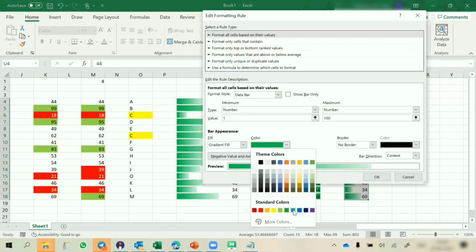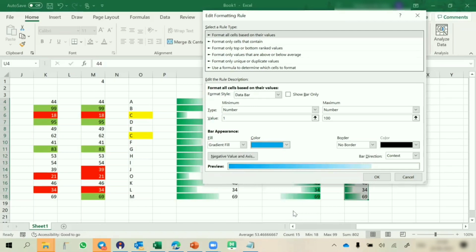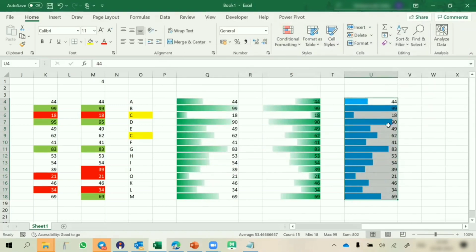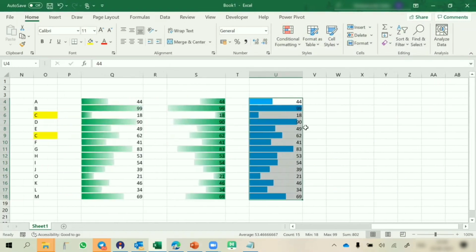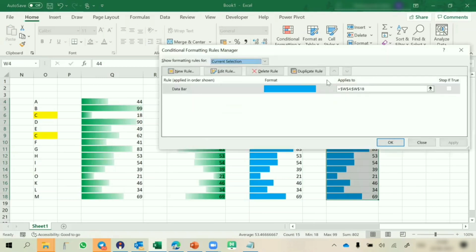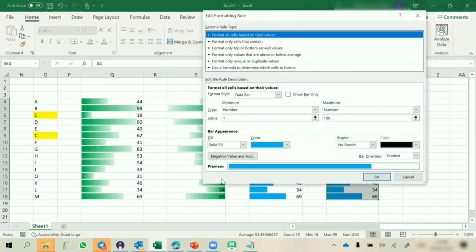एक काम करते हैं. Let us mark it as blue. Blue करते हैं and gradient fill की जगह कर देते हैं solid fill. Let us see. So this is solid fill, this is gradient fill. Now let us see more variety. We can go with this